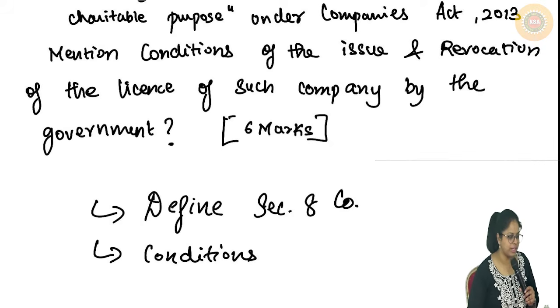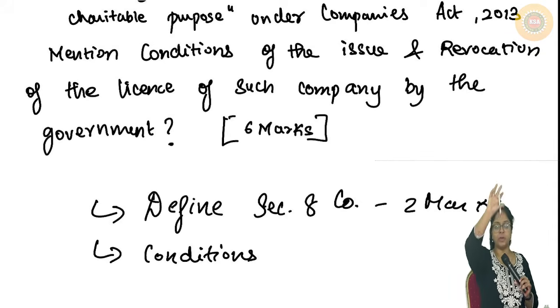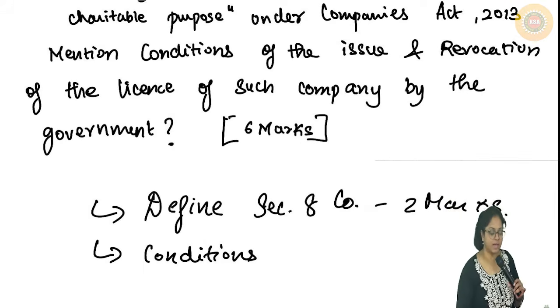Okay, first part is correct. A lot of you are telling me you will define what a Section 8 company is. That will barely get 2 marks. But when you say you're going to write the definition, you need to write it in full, that arts, commerce, all of that. You need to write all of that, okay? Then only you'll get marks. Then